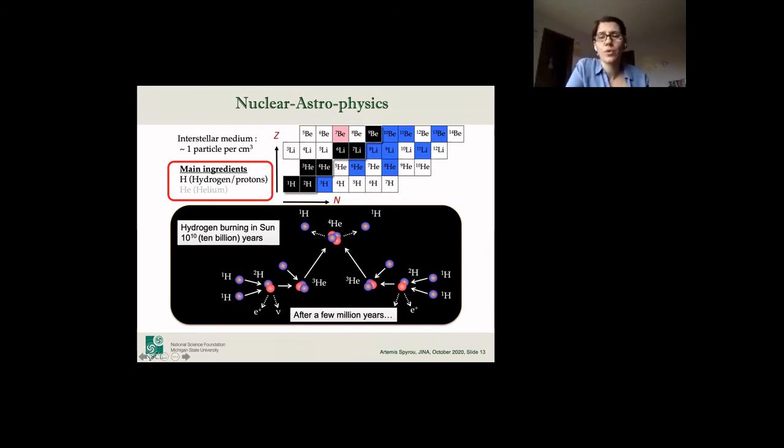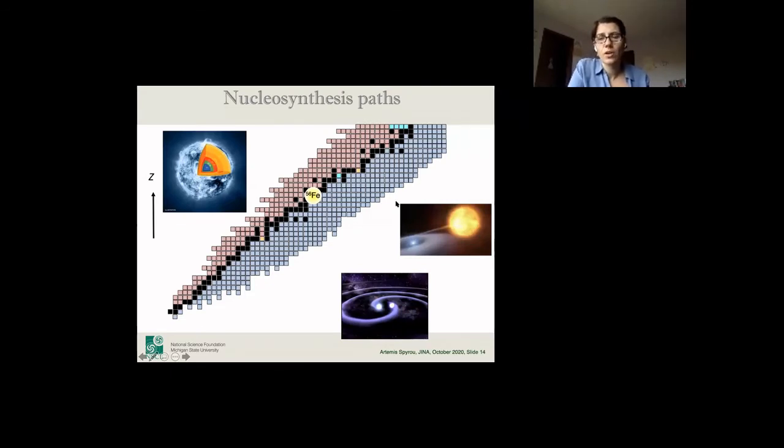This, by the way, is called the proton-proton chain. And if I put it in the big chart of nuclei, it would be sitting down here, just going from hydrogen to helium. In very similar reactions, you can build all elements going all the way up to iron. Again, it's environments where you have a lot of helium or a lot of hydrogen. And so whatever new nucleus you make, it would be easy to capture another proton or another helium, we call those alpha particles, and just slowly go heavier and heavier. Some of these reactions are easy and some are hard, and so a lot of research is going into understanding these reactions. That's one part of experimental nuclear astrophysics.